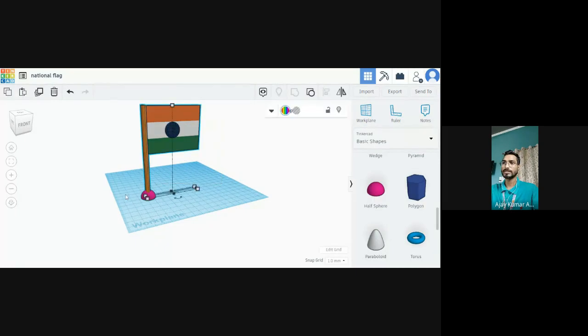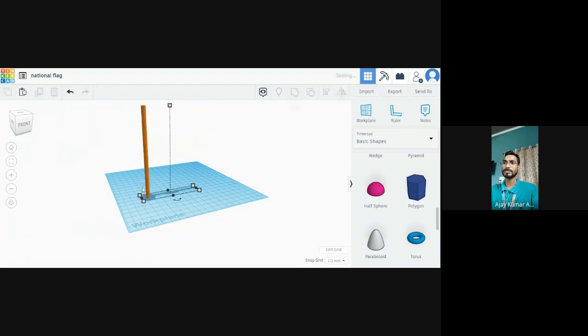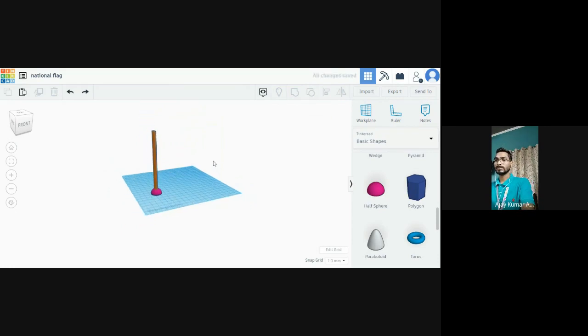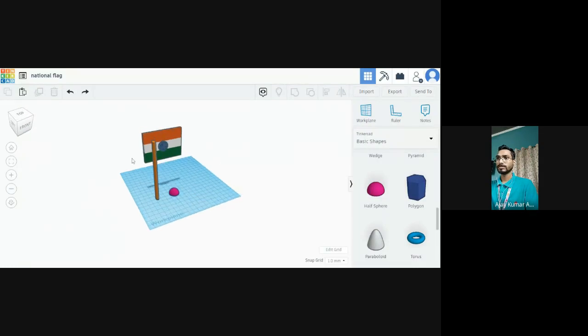Again select it, and just make it a group so that the stand or base support is included also.